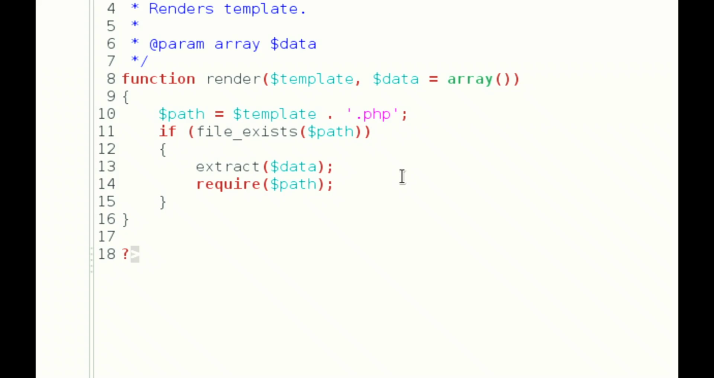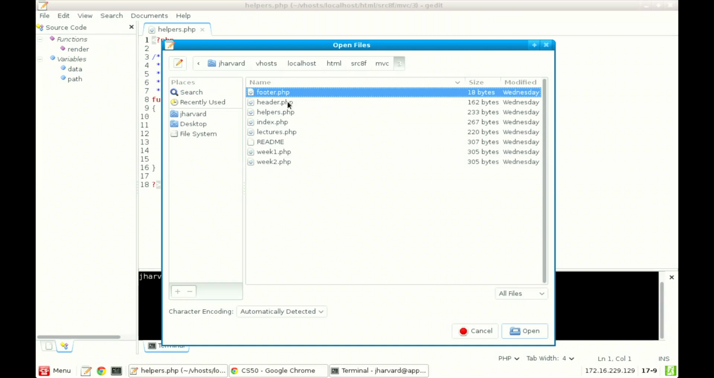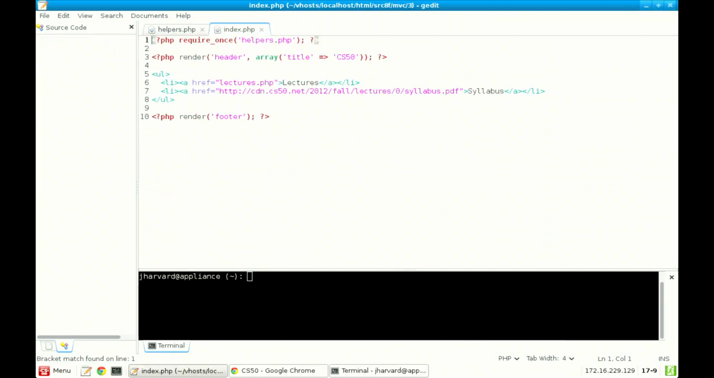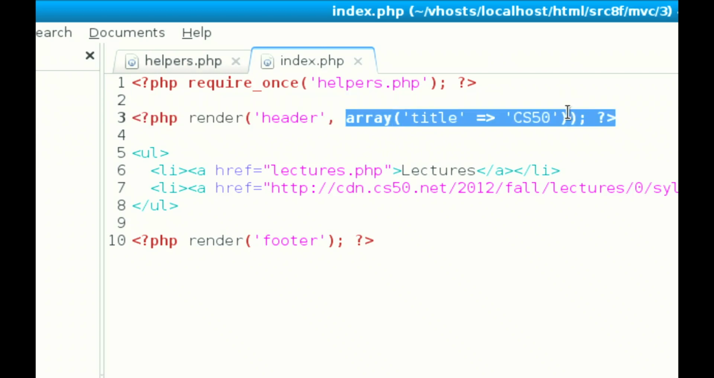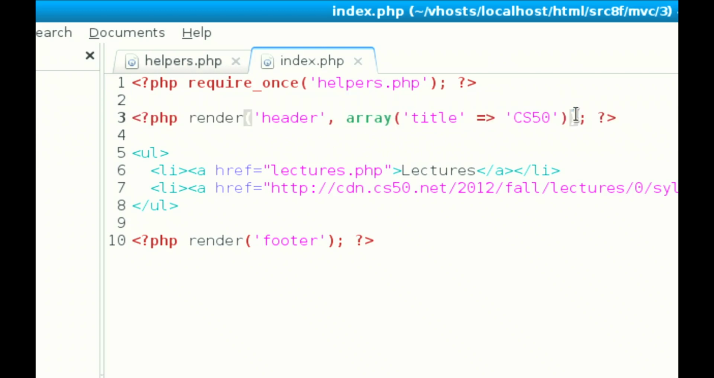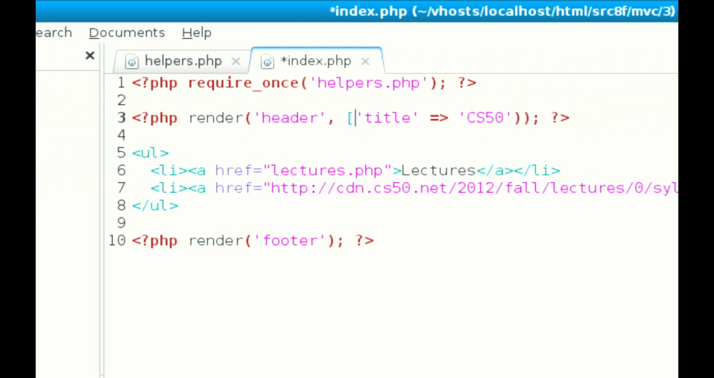So in other words, to use this now, if I open up index.php, notice that I don't call render header anymore. I just call render, but I pass in a quoted value of header to make clear which template I actually want to load. Then over here, notice what I'm doing. I'm passing in dynamically a key of title, a value of CS50. And this, too, as we saw before, can be made more succinct in the latest version of PHP, where I can replace the array function with just square brackets,